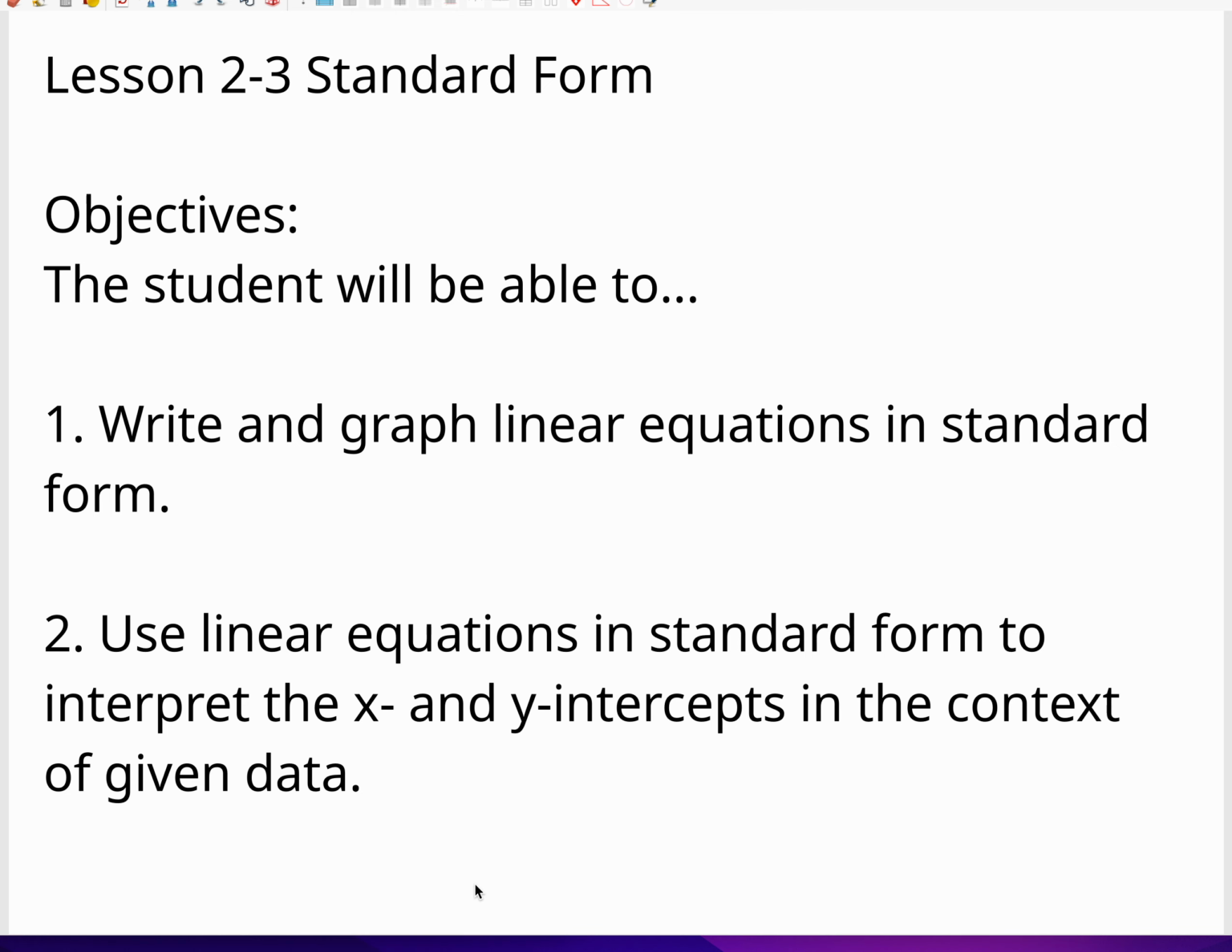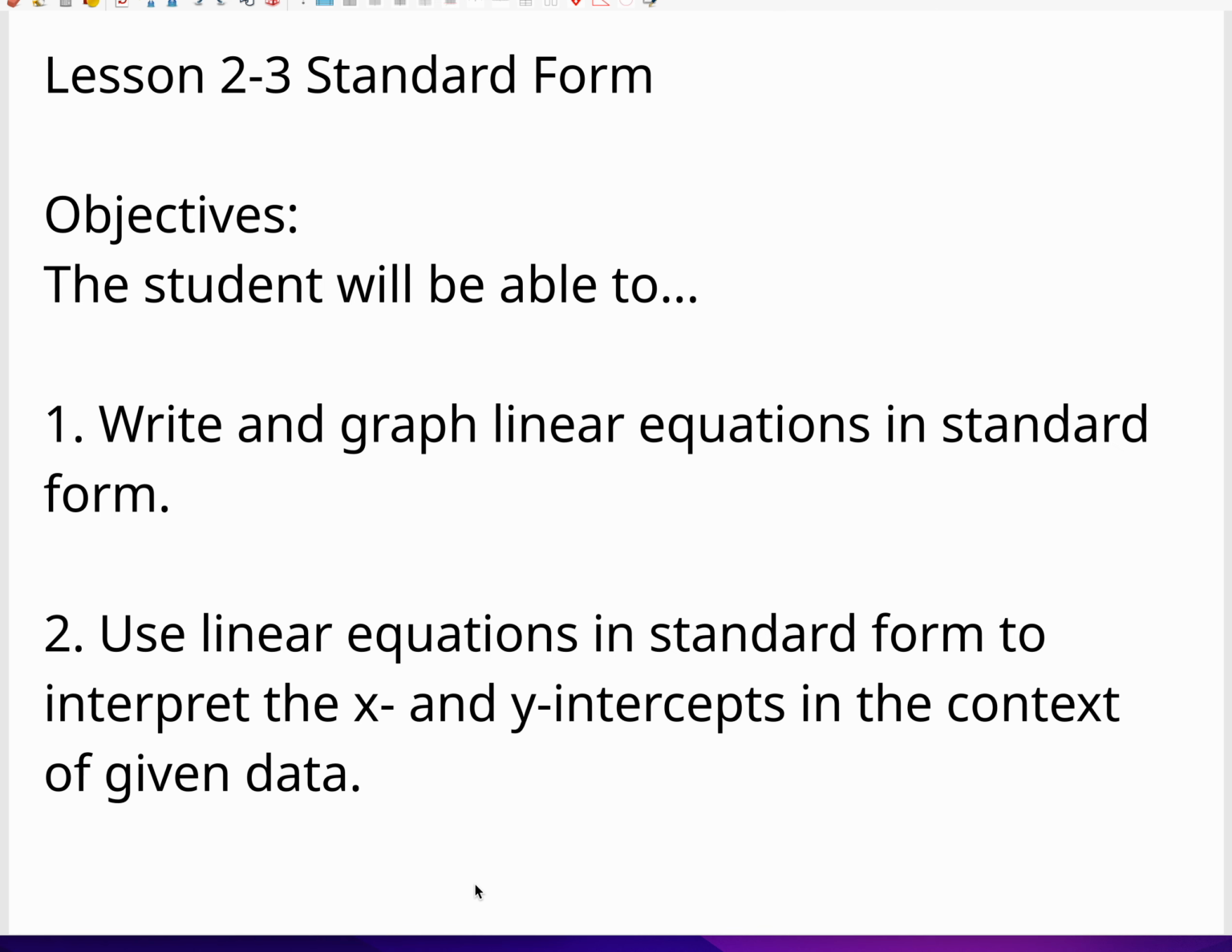2-3 is standard form of an equation. So our objectives, we will be able to write and graph linear equations in standard form. So if it's written in standard form, we want to be able to graph it. And if it's graphed, we want to be able to write a standard form equation to match the graph. And we want to use linear equations in standard form to interpret the x and y intercepts in the context